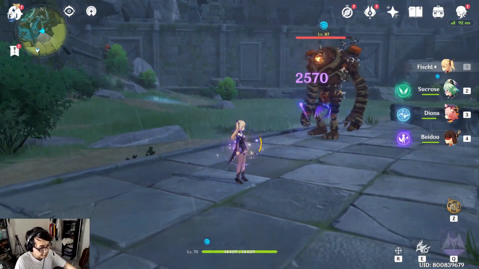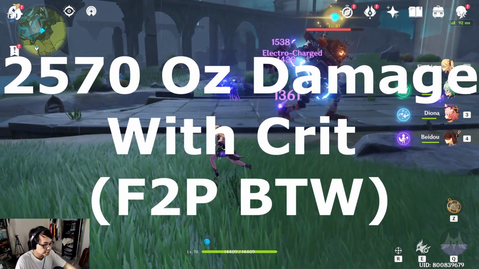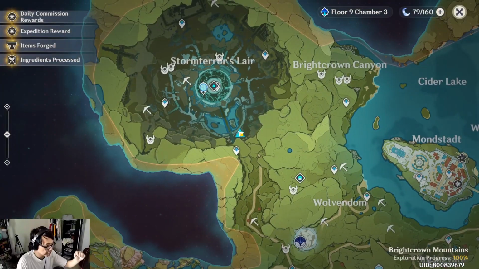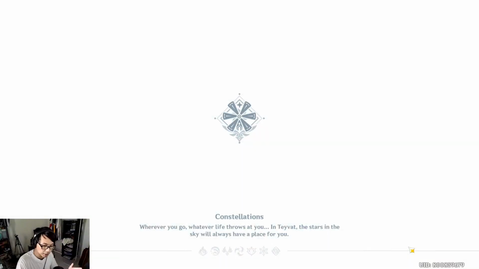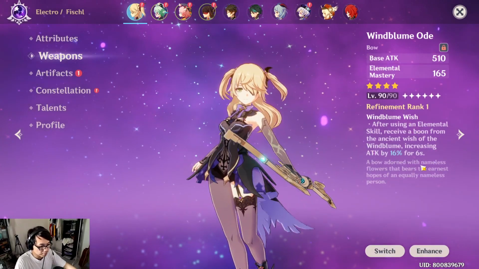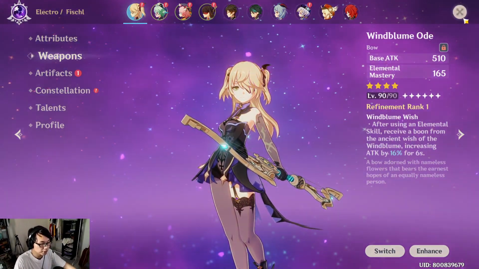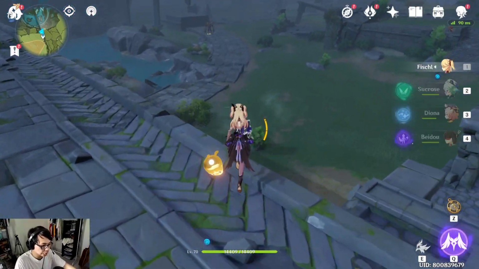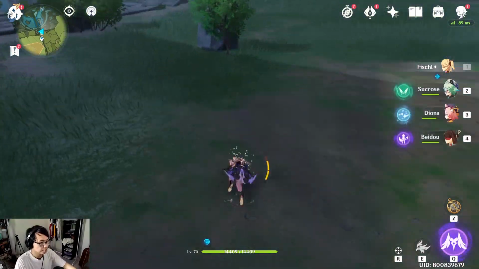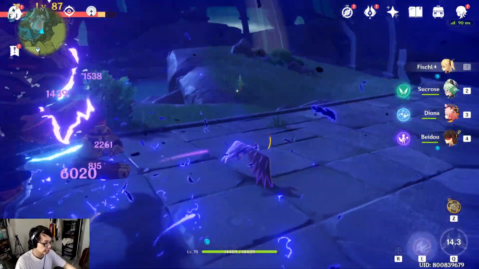Alright, so I'm getting 2570, 2570, 2570, right? 2570 is the crit. So I'm gonna back off right here. I'm gonna use my E and I'm gonna use my Q. Based on this weapon's description, if I use my elemental skill and then I use my Q afterwards, the Oz is gonna deal 16% more damage. So 2570, I'm gonna do like 28 something, ideally, right? But is it though? So use E, use Q, swap,